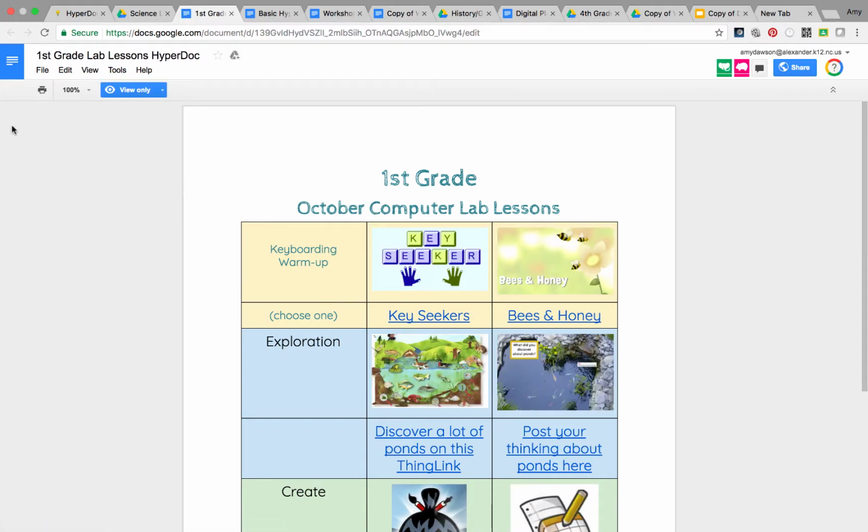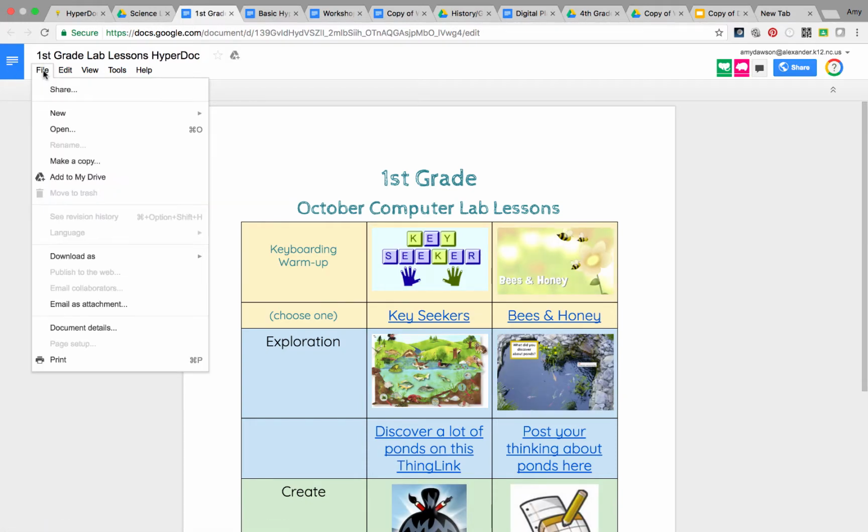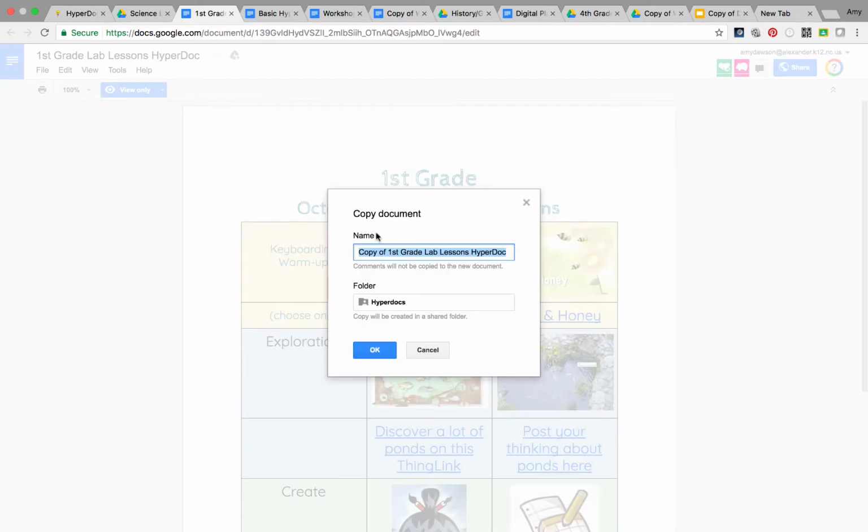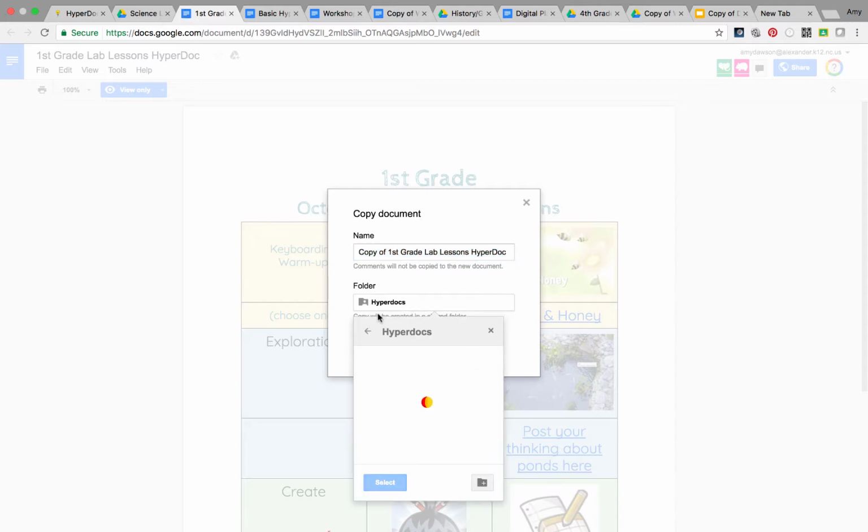So if I go and File, make a copy, it's going to be inside of an already existing Hyperdocs file folder. What I want you to know is that is not the Alexander County Schools Hyperdocs file folder. We're going to have to back out of that one. So let's just do this. Click and keep going back until you see My Drive. Then once you get to My Drive, go here